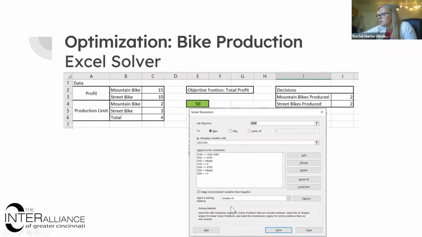Excel lets you select your solving method. Excel uses simplex, which is the most common algorithm that you would use to solve a linear program. And if you take a linear programming class, you would learn how to do the simplex method by hand. It's a lot of matrices and linear algebra. So if you thought in high school that you hated matrices like I thought I did, you may learn to love them, or you may still hate them. I don't know. But it's a lot of linear algebra, like matrix multiplication and that kind of thing. But that's how a computer would solve the problem. I thought that was far too confusing to try to explain today.